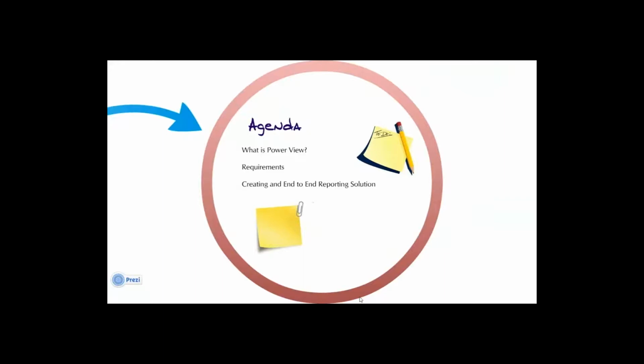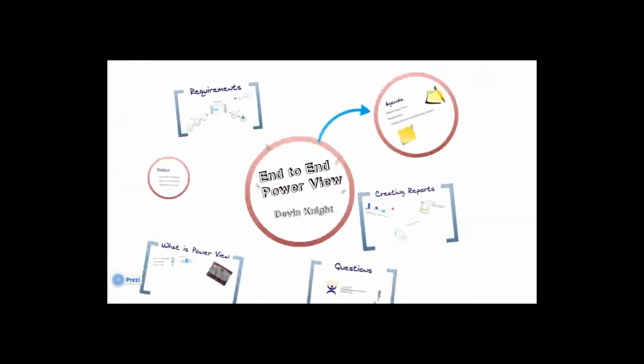We will start off by building out a PowerPivot model that will be our data source that we'll use. And the reason I'm starting off with this end-to-end reporting solution is because I want you to see what you need to do inside of the model that will make it more optimal for PowerView. Because there's a lot of settings and tweaks that you can do in your model to make sure that PowerView uses it to its best ability. Okay? All right, so let's talk about,